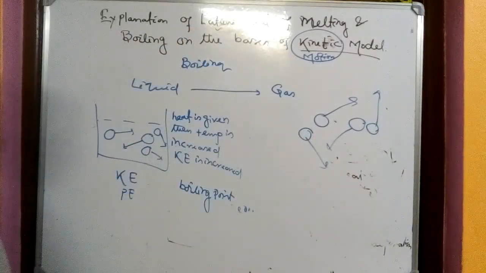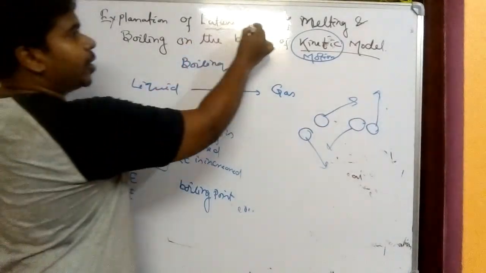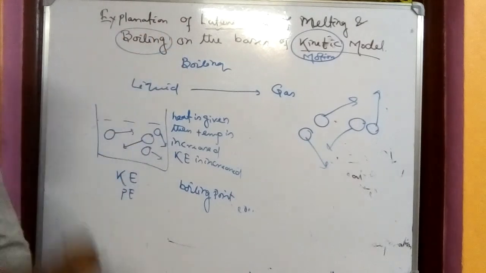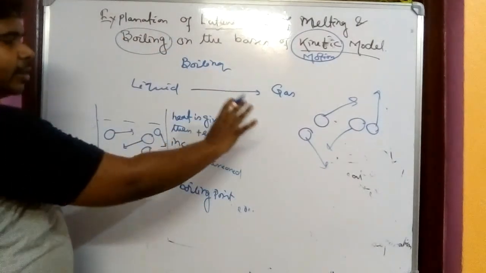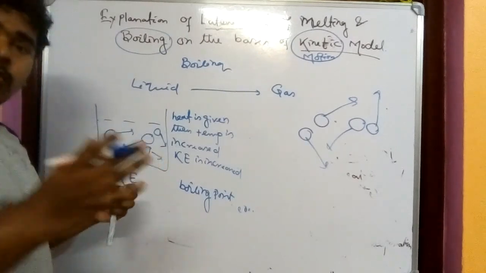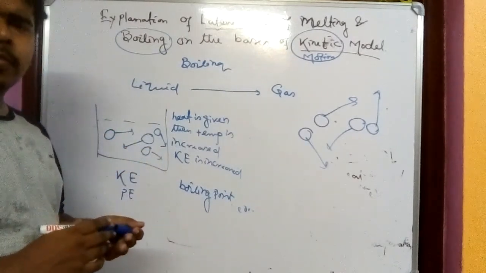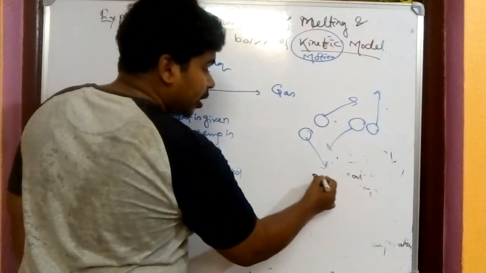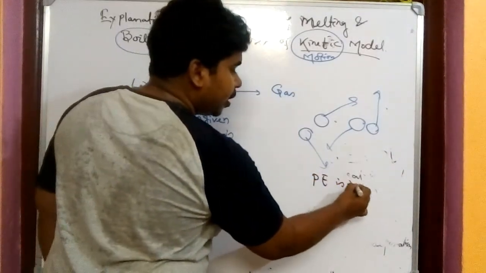So how do you have to break it? You have to give some extra heat energy, that is called latent heat of boiling. And as you have given that extra heat energy, what will happen? The separation will be more, simple thing. The intermolecular separation will be more, and the potential energy is increased